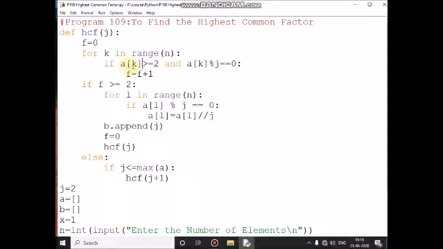A of third location value 30 greater than or equal to 2, the condition is true, and A of third location value. Now K value 3, 3 less than 4, the condition is true, control comes here. A of third location value 30, 30 greater than or equal to 2, the condition is true, and 30 modulo 2 means you get remainder 0, 0 equal to 0 means the condition is true, then control comes here, and F value already 0, 0 plus 1 it will become 1. So control comes here and increments the K value, already 3, 3 plus 1, 4, 4 less than 4, the condition is false, control comes here, and F value 1, 1 greater than or equal to 2 means the condition is false,